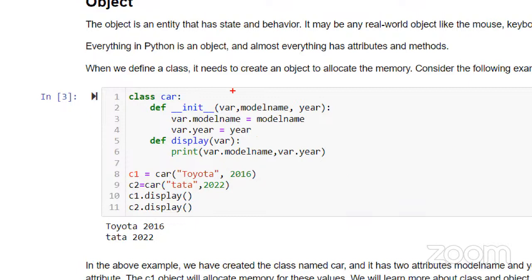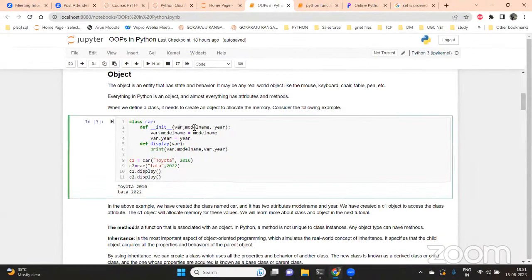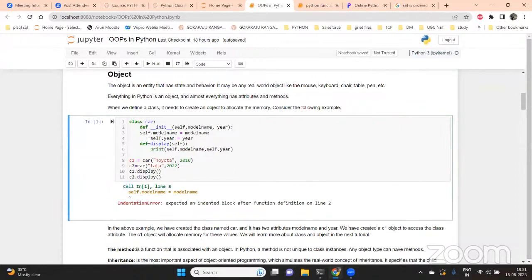It is not considered. Just now I told you that every class should have what parameter? The self parameter. So basically I've changed the name of the parameter here. Generally in a lot of codes and textbooks, they will use the keyword self only. You can use the default self. Self is nothing but a default parameter. So what purpose is the self keyword used for? To access the methods in a class. So the self keyword will help you to access